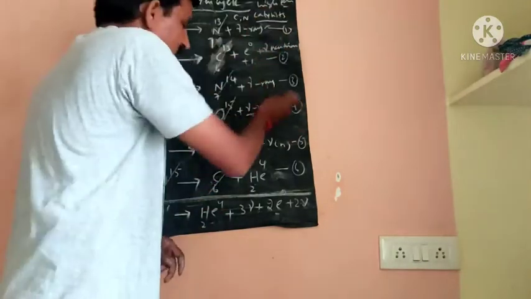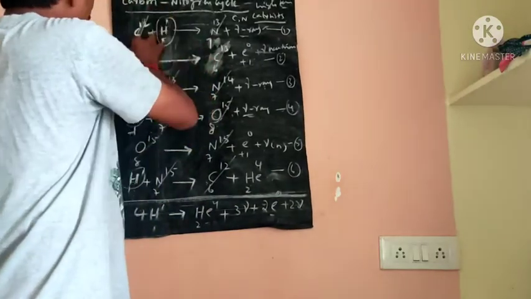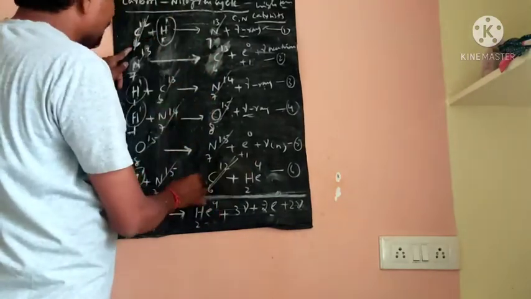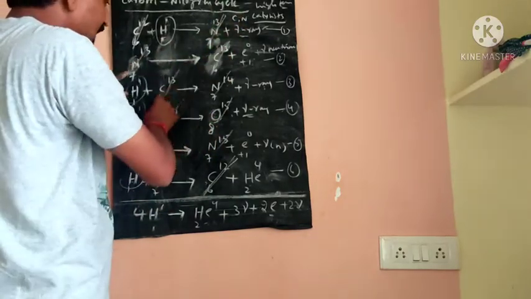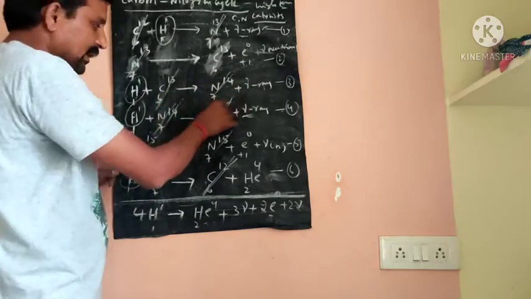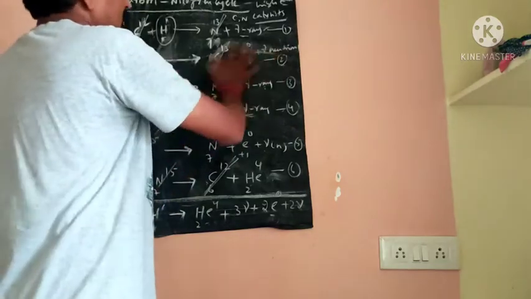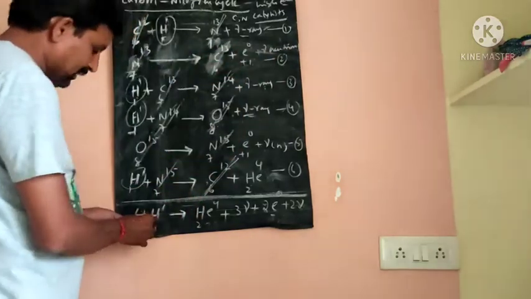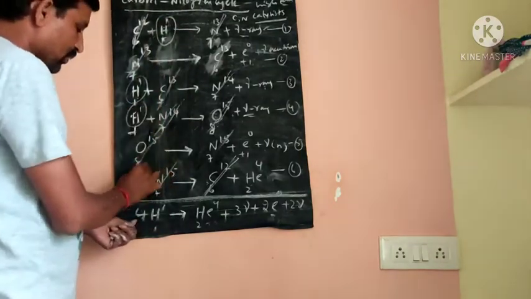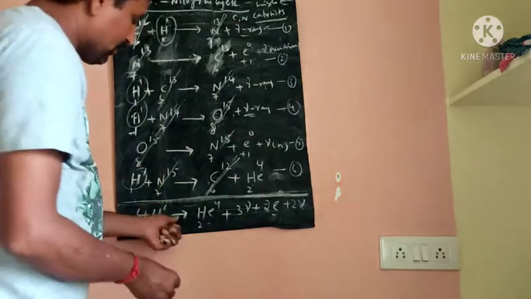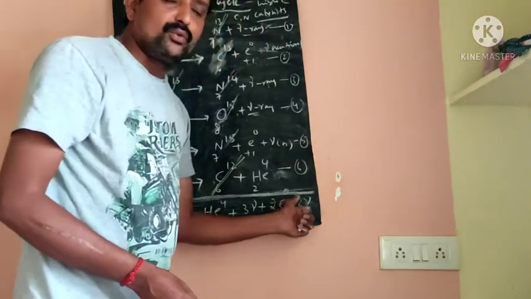So these 6 equations are added. What happened? Carbon 612 on both sides cancels. 713 and 713 are cancelled. 613 is cancelled, 714 cancelled, 815 cancelled, 715 cancelled. All the intermediate nuclei are cancelled. Finally we conclude that 4 protons, 1, 2, 3, 4, combine with each other. One helium atom is produced, along with 3 gamma rays, 2 positrons and 2 neutrinos.